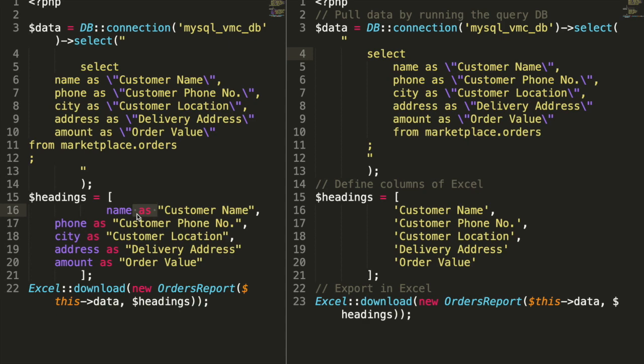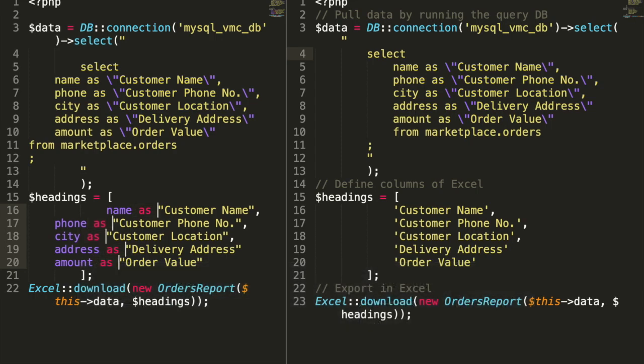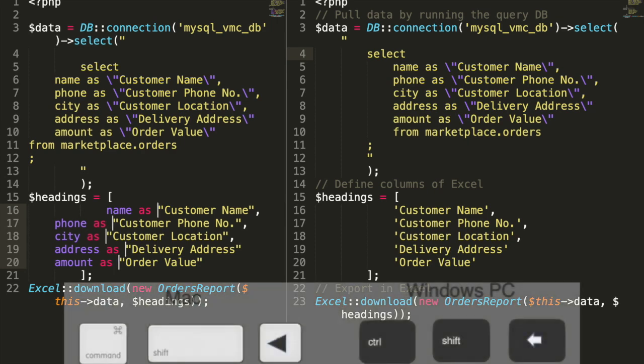Now again I will do Command D repeatedly to select the required reoccurrences. Of course, I can't use Command Control G again, otherwise it will select the upper occurrences here which I don't want. So I'll select this occurrence first, do Command D multiple times to select all the required occurrences. Now I will go right and then select Command Shift left because I want to remove this initial part from all lines.